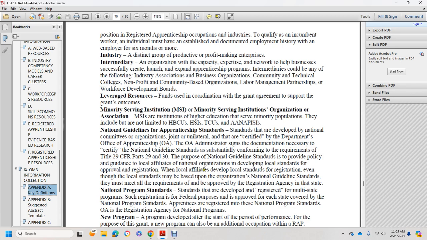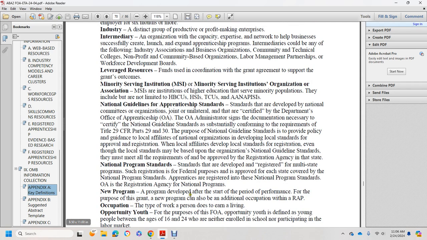with approval of registration. Local affiliates develop local standards for registration, even though the local standard may be adapted from the organization's national guidelines. It must meet the requirements approved by the registration agency in the state. A national program standard is developed for the registration of a multi-state program, and such registration, for federal purposes, is approved with each state covered by the national program standard. The Office of Apprenticeship is the registration agent. A new program is developed within the period of performance